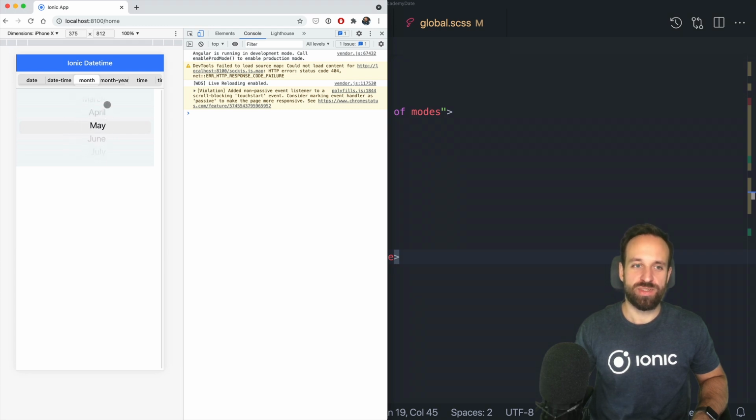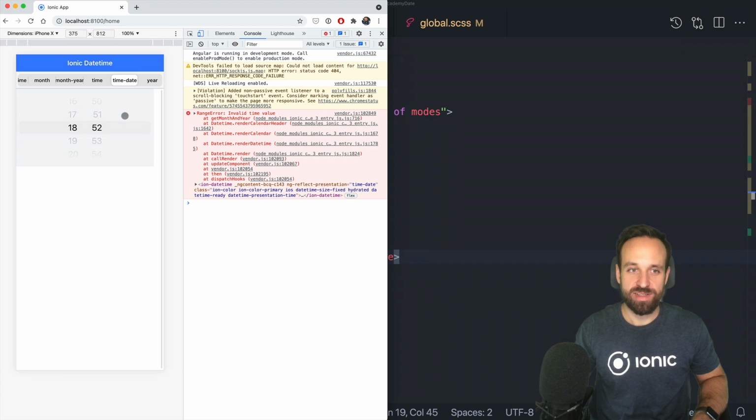So you're gonna have to make sure that this is used carefully. I would actually rather display it at the bottom, not in a form, I guess. Then we got month year, which is just month and year combined, just like year, also same picker style. And then we got two more called time, which is just the clock time right here, and time date,